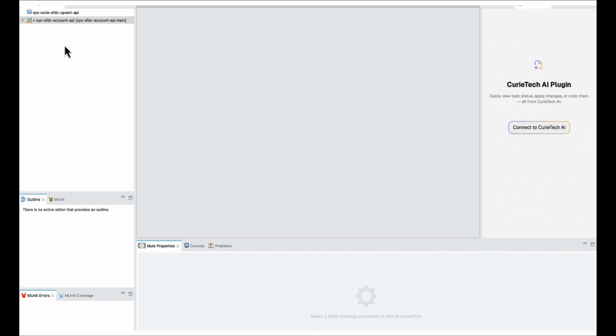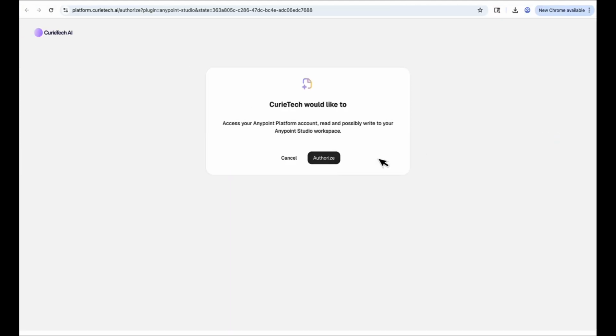Since this is a beta version that we are releasing, it's just an early version, and we will be updating the plugin in the coming weeks. But for now, our plugin works for one open project at a time. So you can just keep the project open, whichever you are intending to work with, and keep the other projects closed. And then click on Connect to CurieTech AI. Then click on Authorize,